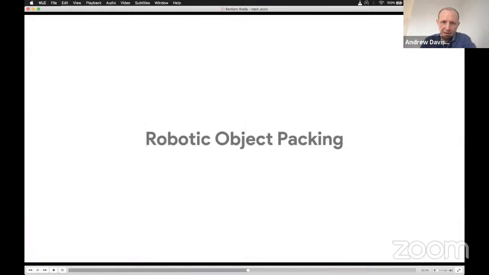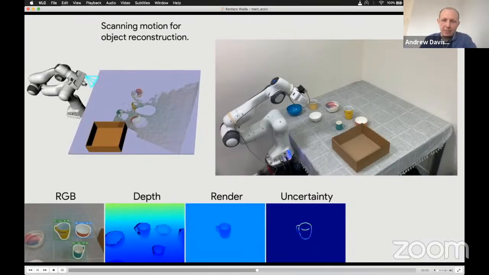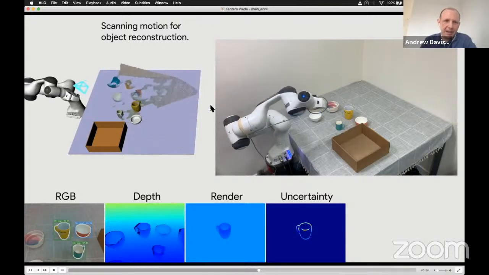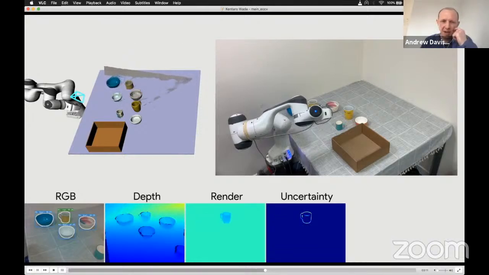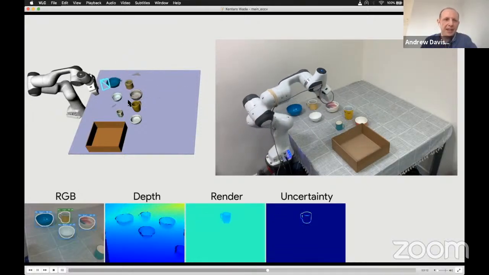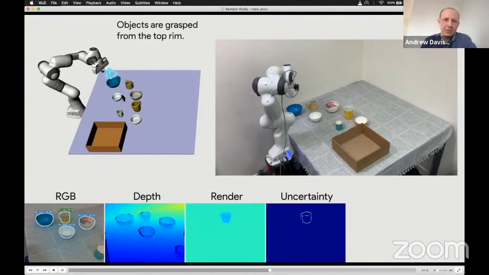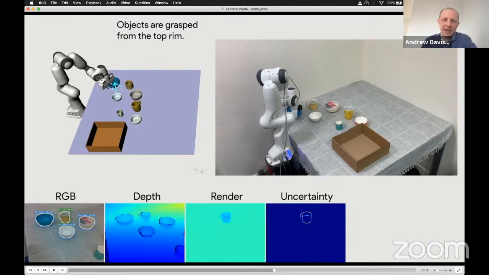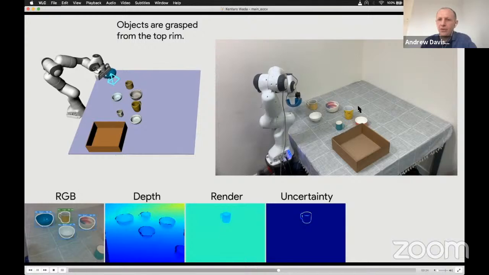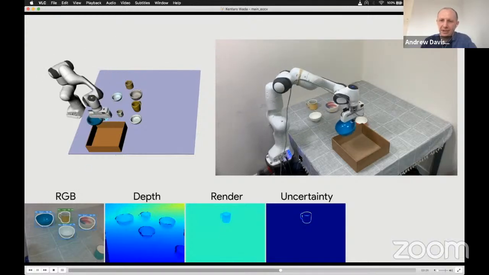So here's a demo where the robot looks at this scene. It's fitting these shape models from just a couple of views. So even though it's only seen a couple of depth views here, it's able to fit these complete and quite accurate models, which are good enough to then use for planning and interaction. So here we now get our robot to pick up the bowls in order of size and stack them precisely.